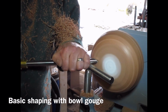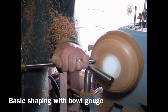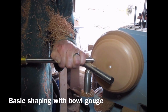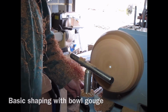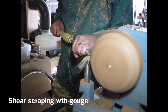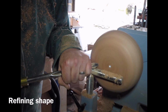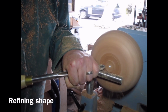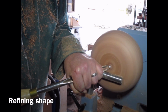I switch from a push cut to a scraping action here, just to help refine that curve. Just starting to refine the shape a little bit here. Here I'm using my bowl gouge just to neaten up the profile of the base, making sure it's going to be flat and sit level,